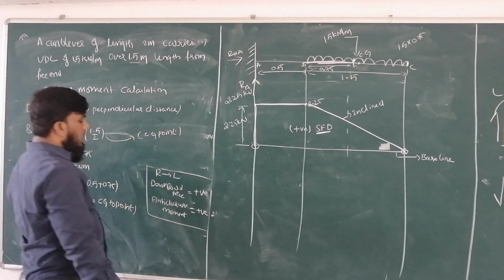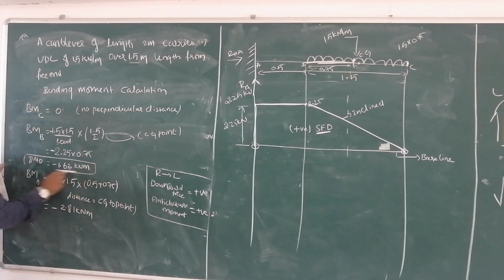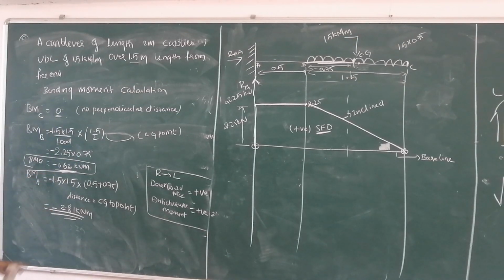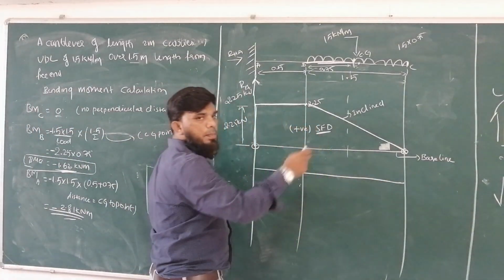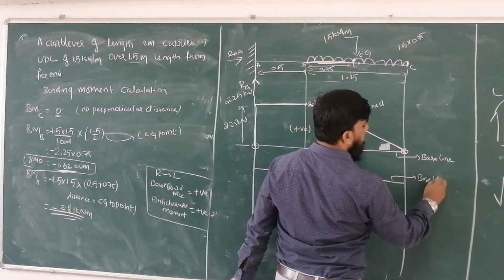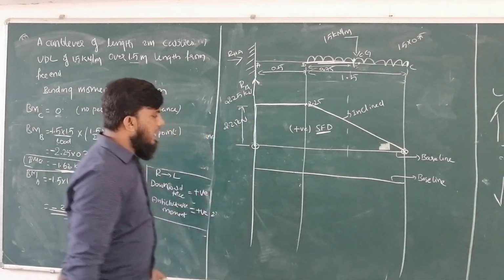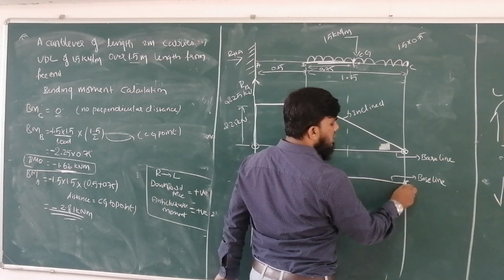So once you get the values, you have to see. All the values are negative itself. This is point B. Remember to highlight the points so that you can understand easily. So here it is 0. All values are negative, so there is no need of taking the right side, that is the top side. So we will draw the baseline at some upper height. This is your baseline for bending moment. So the bending moment at point C is 0. I will draw the point 0.